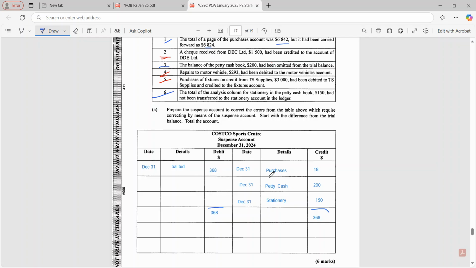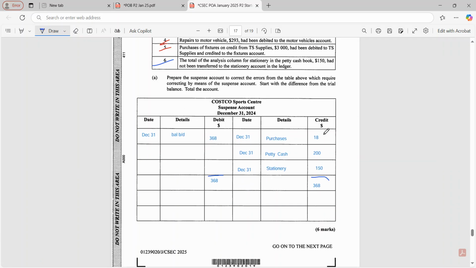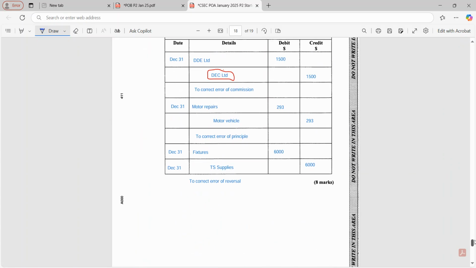Now let us see if the trial balance is now correct. Yes, because the trial balance will be zero. We have 368 on the debit side and 368 on the credit side. All right. So when you add 18, 200, and 150, you should get $368. And let me double underline. Then we move on to